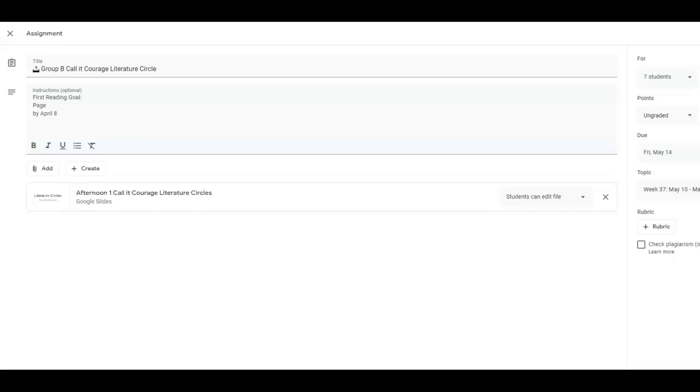So this assignment is in Google Classroom, and it has been set up so that the students can collaborate with each other rather than having them work on separate assignments. To have them collaborating, it's just one slide deck, and then the students can edit the file. There's a similar literature circle file that I had, and I made a different copy for 8 different reading groups